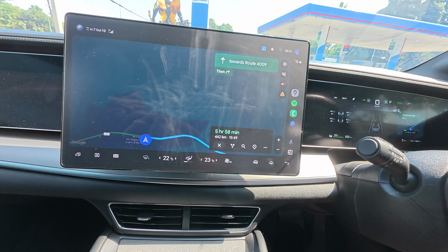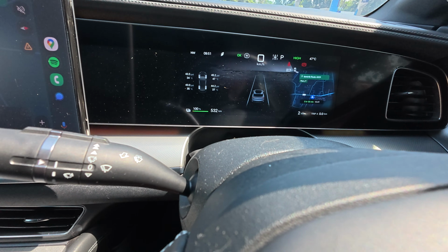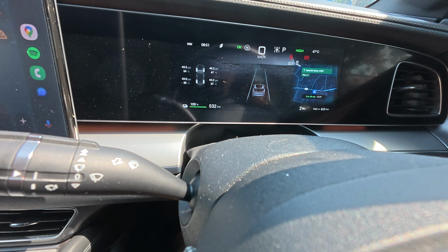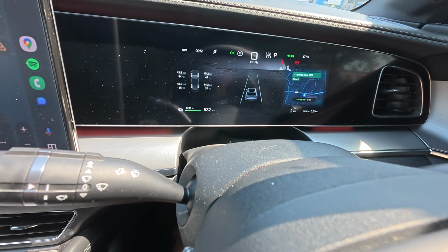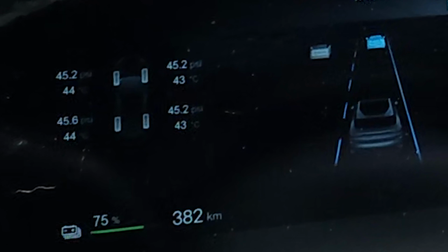It's 442 kilometers with a range of 532 kilometers. So I should arrive with about 100 kilometers less or so of range remaining. Let's see. And okay, so we've been driving for a little while,